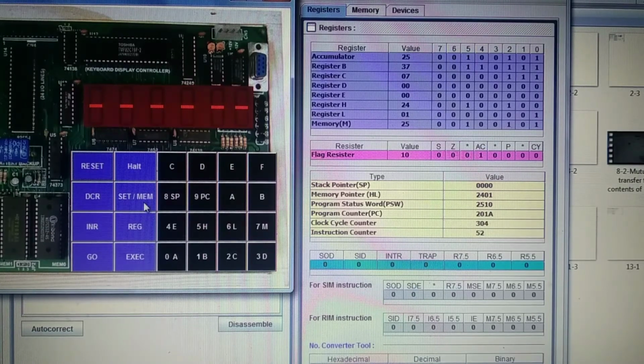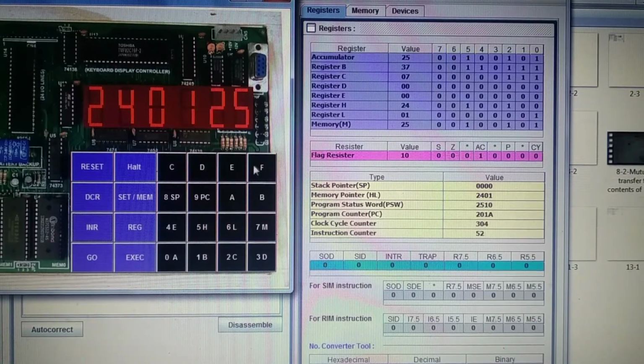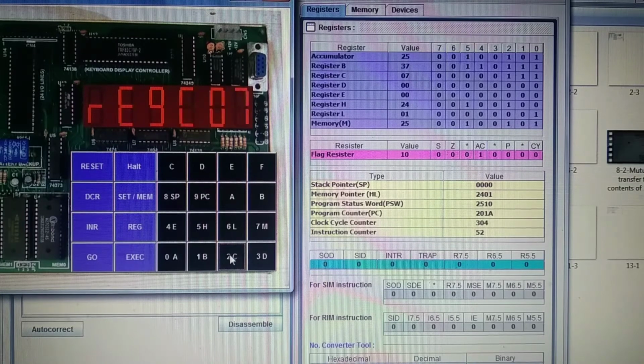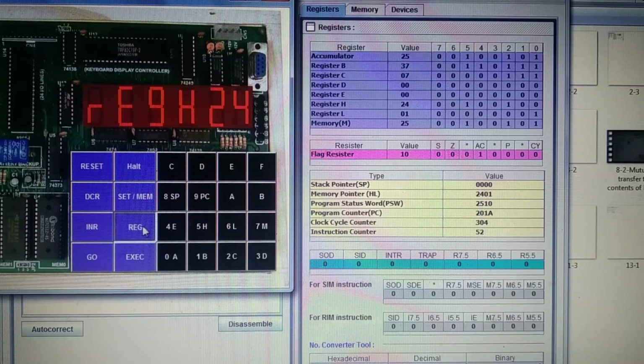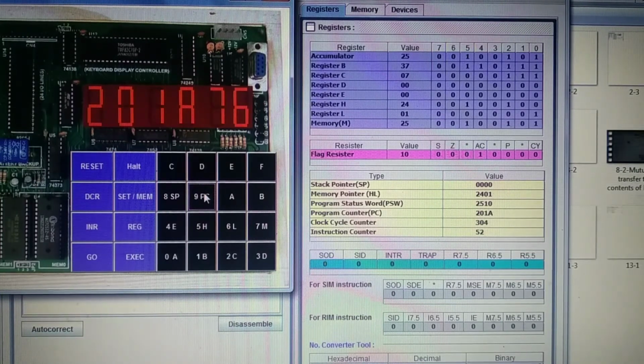Reset, set memory 2400: the number 37 and its equivalent 25. We can check the contents of different registers here: register A is 25, and we can check register B, C, D, E, H, L, memory, stack pointer and program counter.